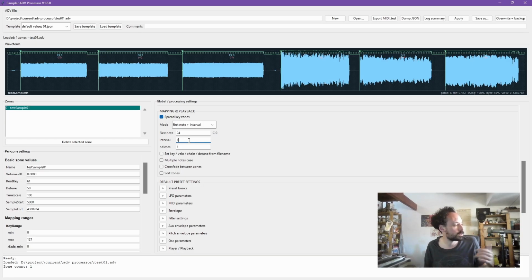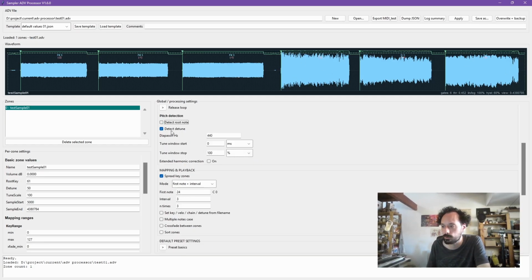I sometimes do that with synths. I want to create a sample-based synth, but I don't want to sample every note. I want to sample every like 3 semitones, let's say. So I would do like this, and just to have either round robins or velocity zones, I want to sample each note 3 times, for instance. So I would do this, and then it will understand instead of detecting the root note, it will just